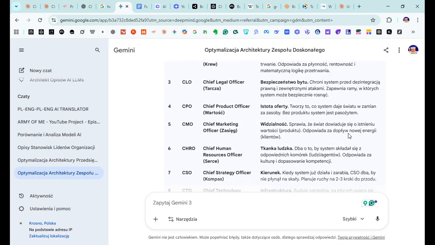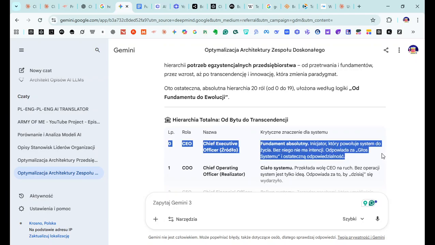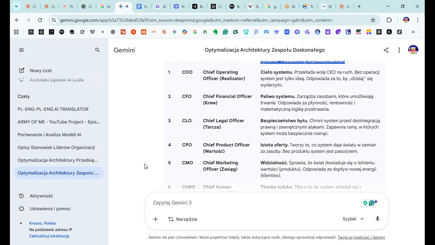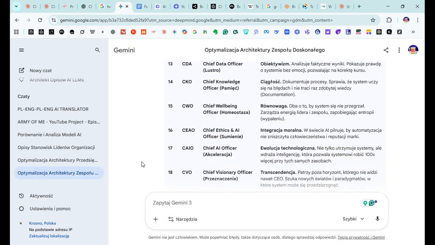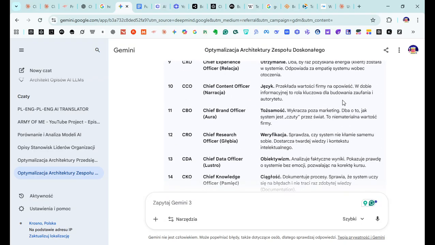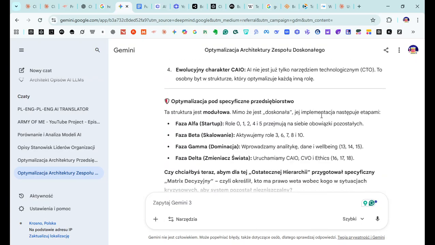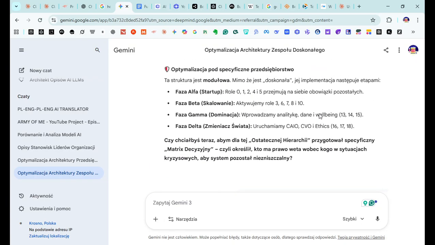And I don't think that's good. I missed it. That was a big mistake of mine. Although it put the CEO on the 0 spot as I told it, then it came up with 19 roles without the CRO. I'm glad I discovered it.